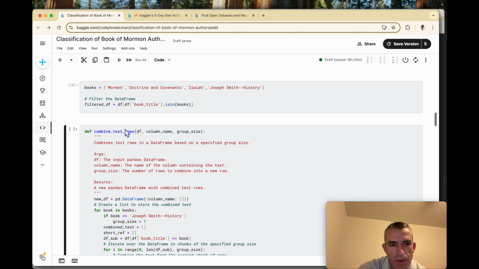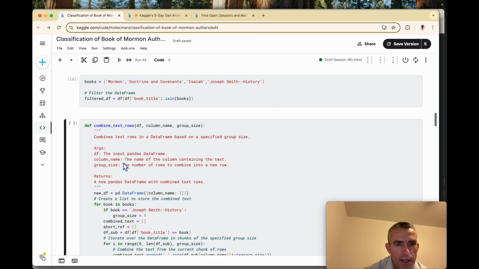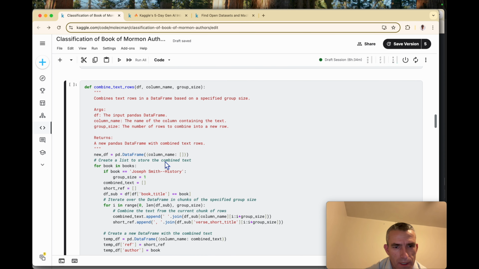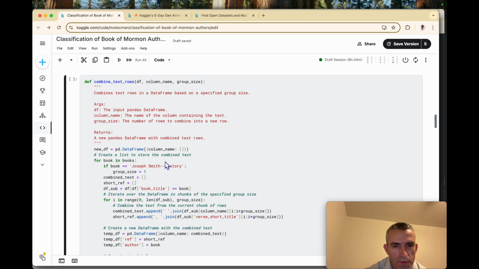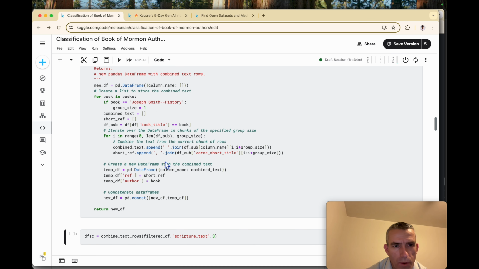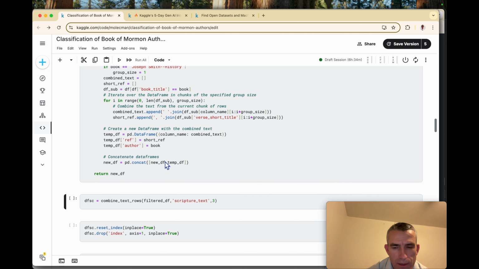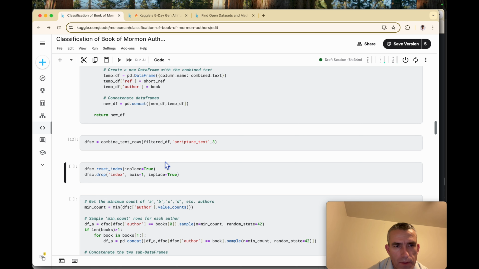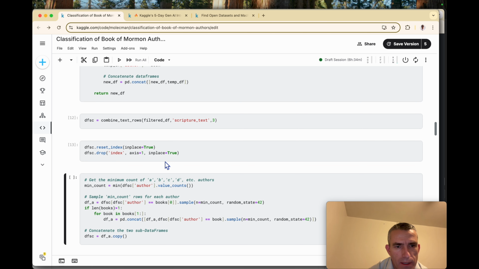But in order to get a larger chunk to have it chew on, I'm combining 3 verses into one effective row, so that large language model can use that in the training.